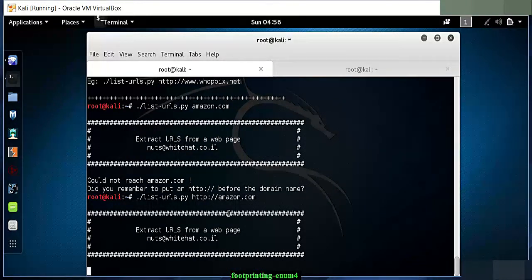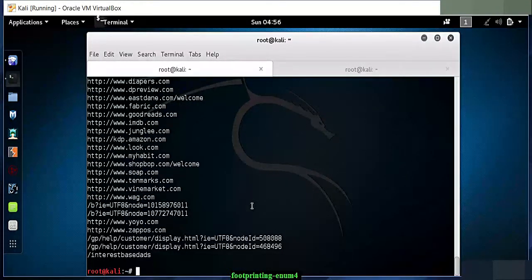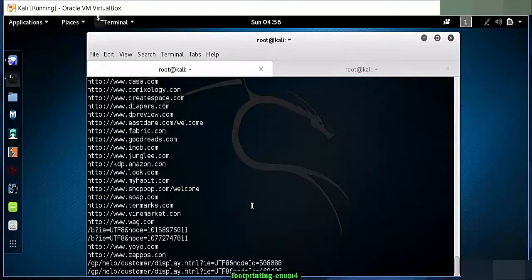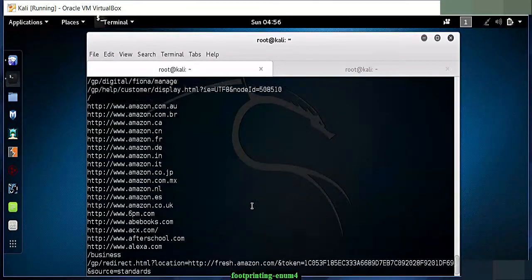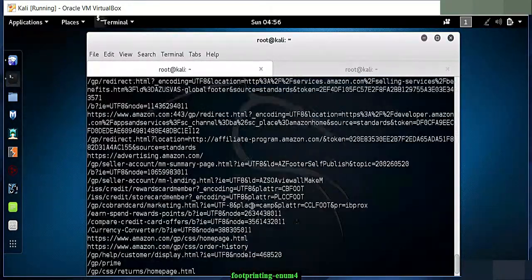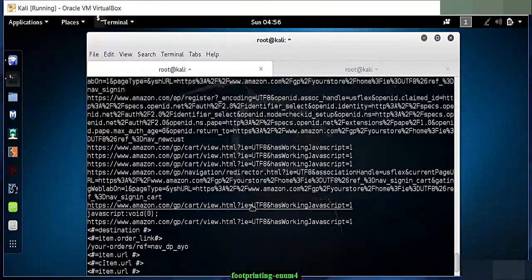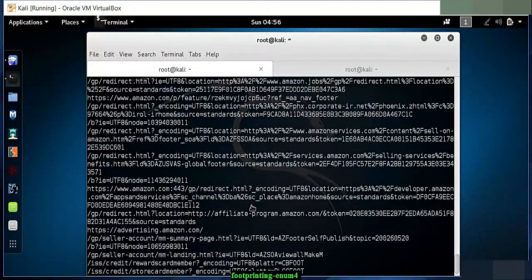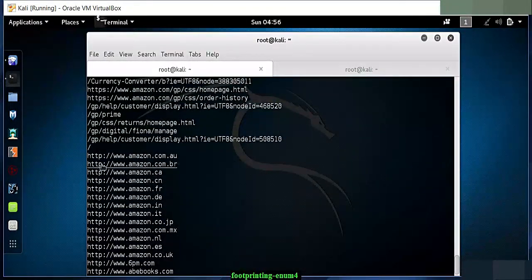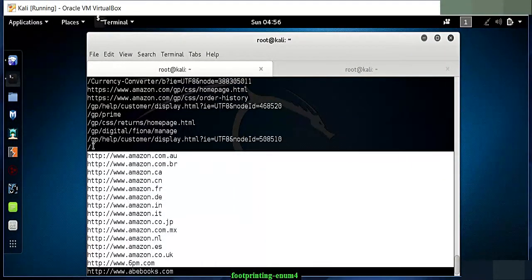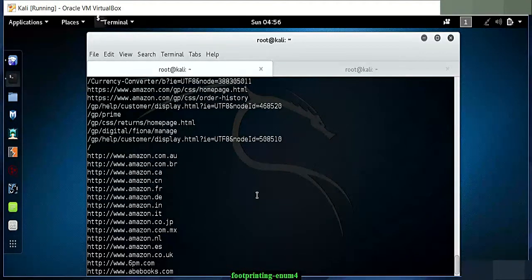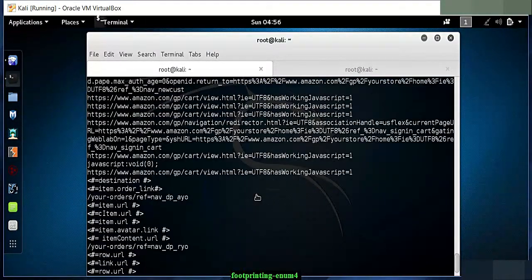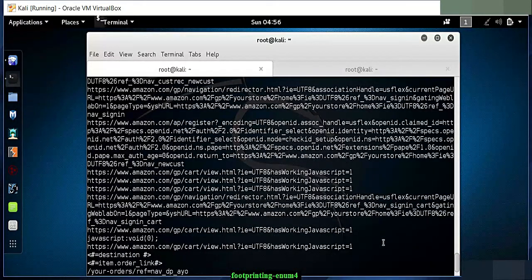Now, as this finds URLs, it will extract the URLs from the page. As you can see here, these domain names that are on the page, it finds subdomains. It gives us quite a bit of information of what is available, other pages on this particular website. So you get a good idea, a good map of the website that you want to target. So again, you'll see Amazon websites here. It gives you an idea of how they've set this up, and you've been able to use a simple tool